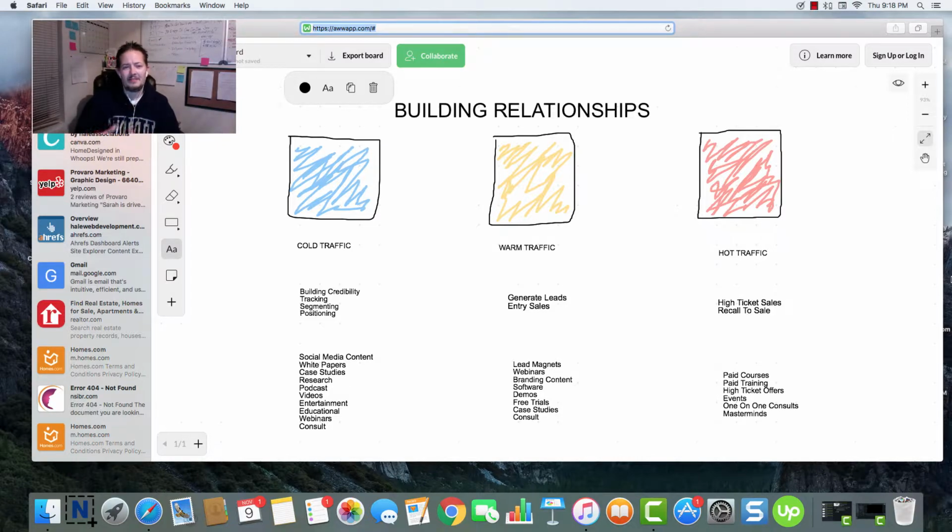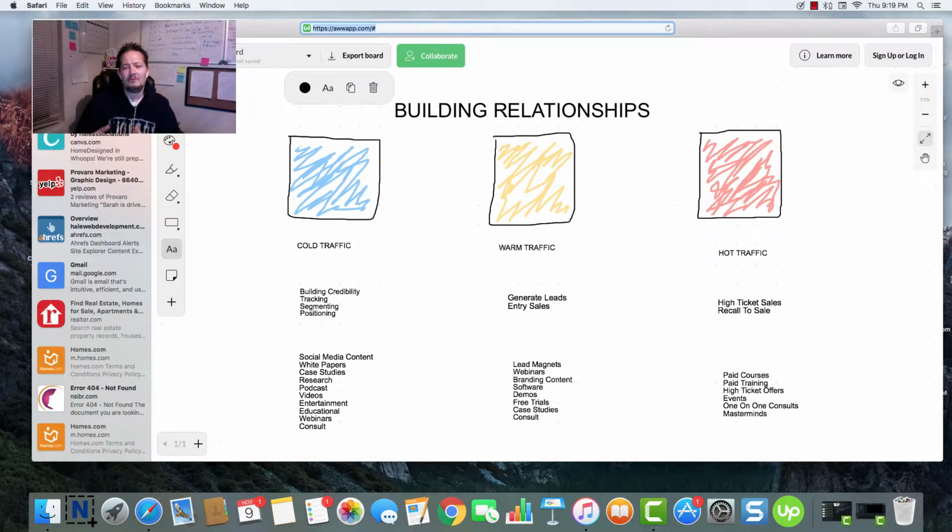And again, that segmenting is super effective when you know how to use it right in your business. I highly recommend it. So we can do a lot with the entry sales. Once they buy, they're more likely to buy from you again, especially if what they purchased gave them a great result or a great experience.